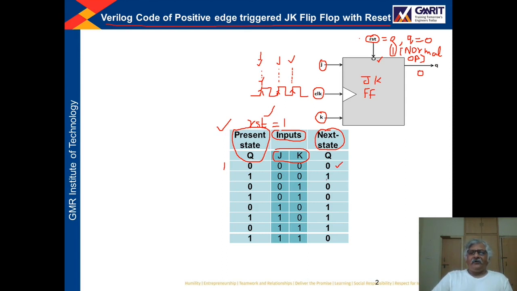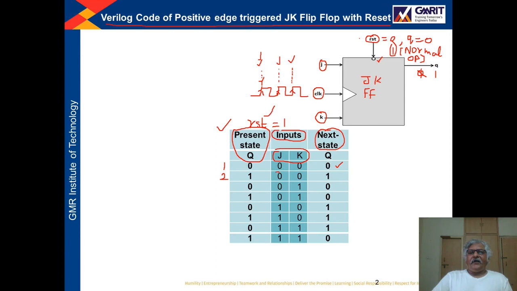The next state will be 0. So in a JK flip-flop, if both J and K inputs are 0, then the next state will be the same as the present state. Whatever the present state is, the next state will remain the same. Now you see the second row. Let us assume the present state is 1, meaning this output Q is 1 right now.